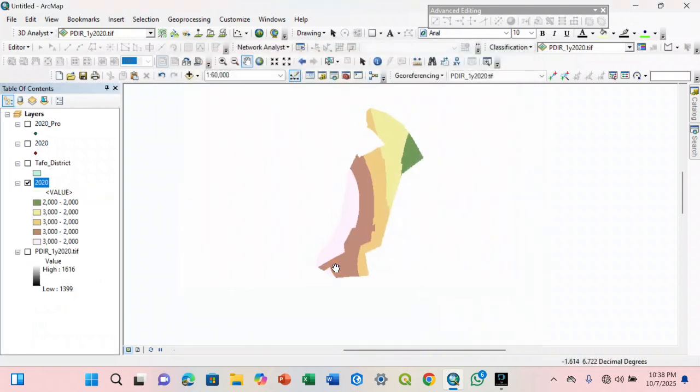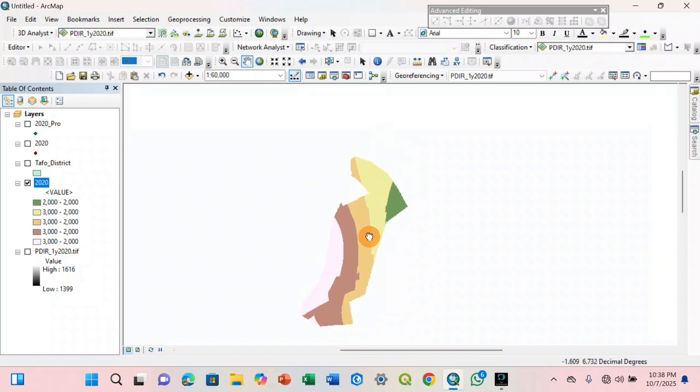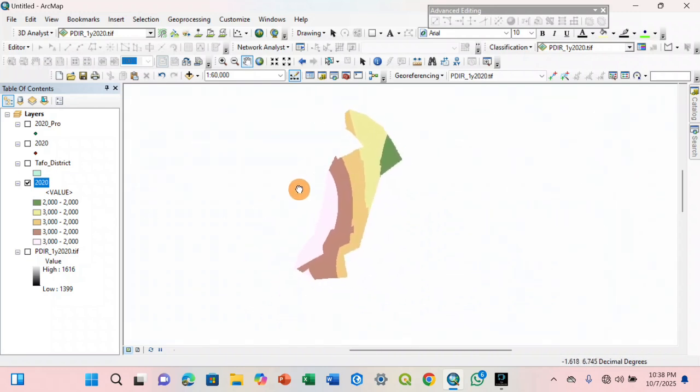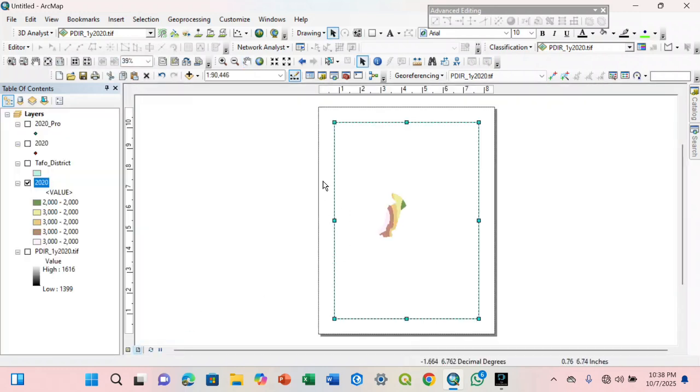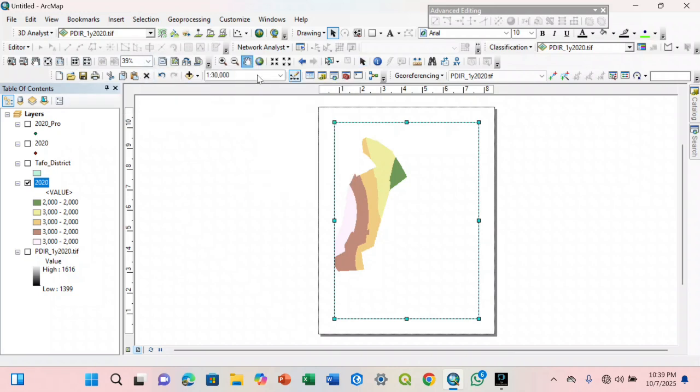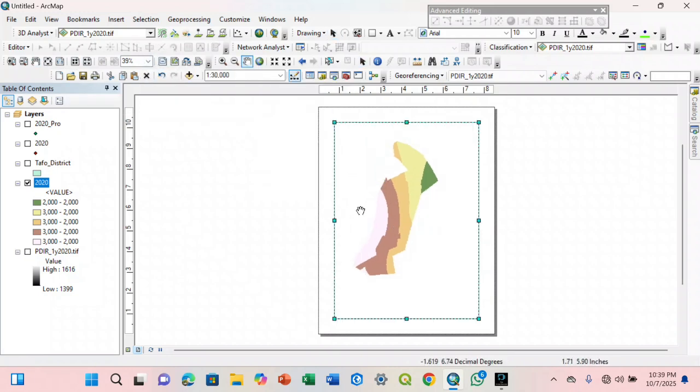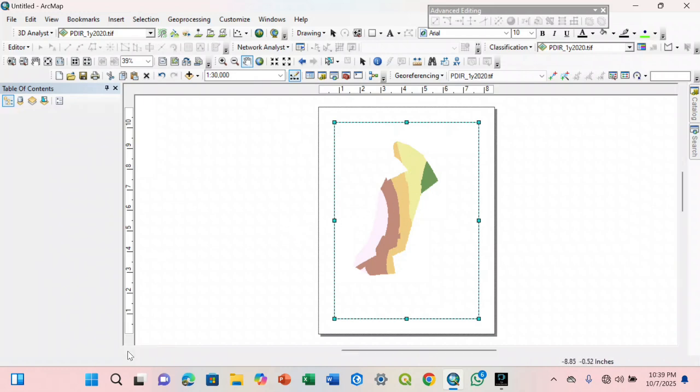Okay. So in the year 2020, at the northeastern part, the rainfall at that area was very low. But the area that experienced the highest rainfall was the eastern part. This is here. Have you seen that? Yes. That is it. So you can come to the layout view and design the map. Have you seen the whole scenario? Yes. So this is the annual rainfall data for the year 2020 of the TAFO municipality of the Ashanti region